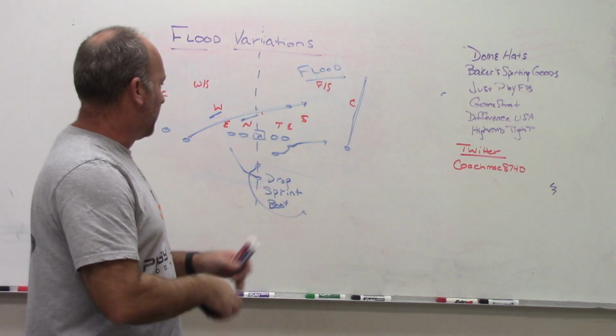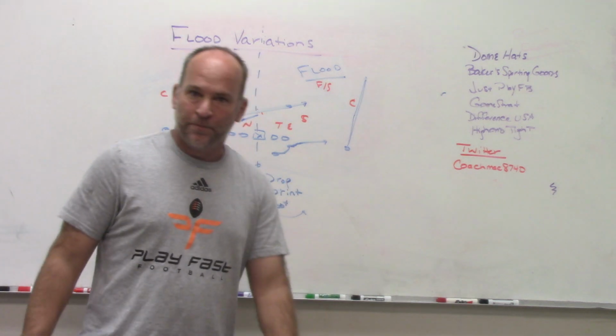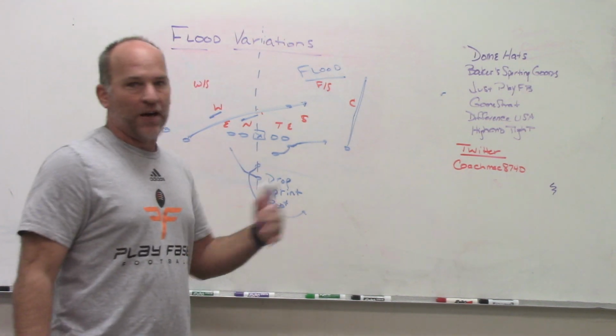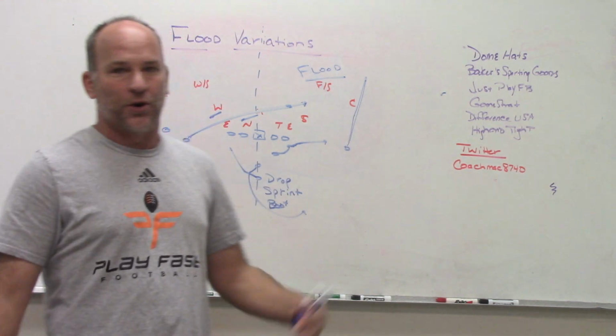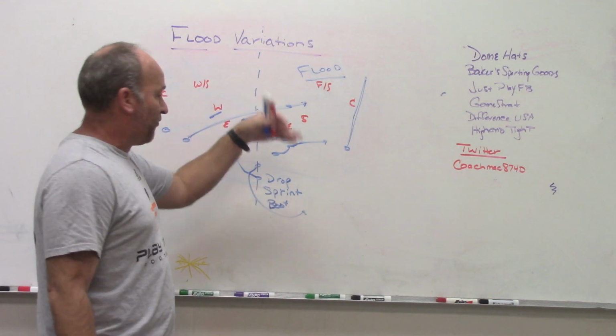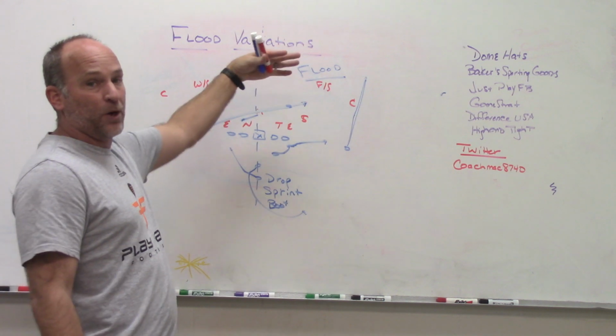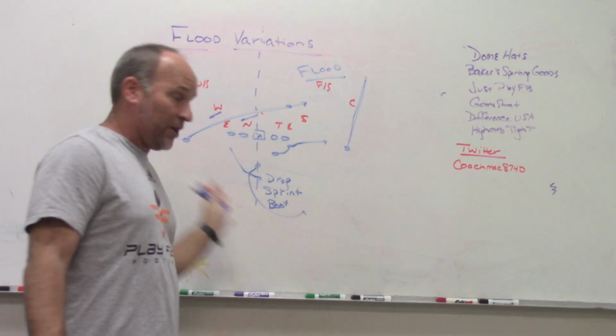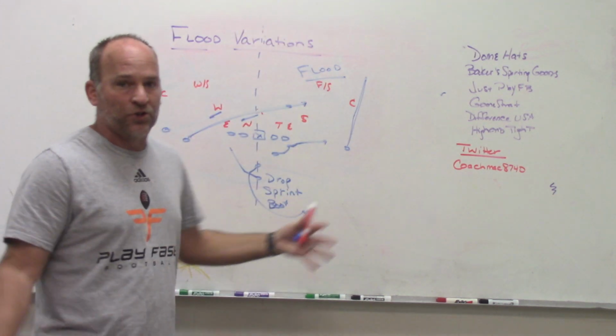If your quarterback's a guy that you like on the move, you can run straight sprint out. Down by the goal line, you'll see it a lot, or inside, short yardage, you'll see sprint out to that low flat route, try to get some picks and some rubs. But off of the pick and the rub, you can build the wheel, you can build other things in. So as you sprint out, you have other options, or you can just throw it as a drop back theory